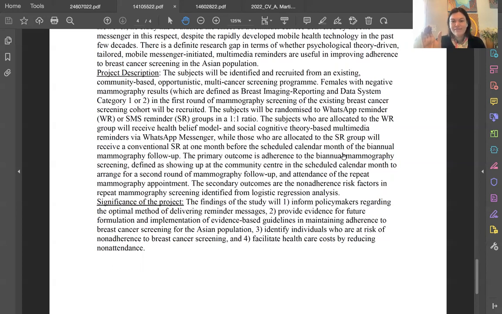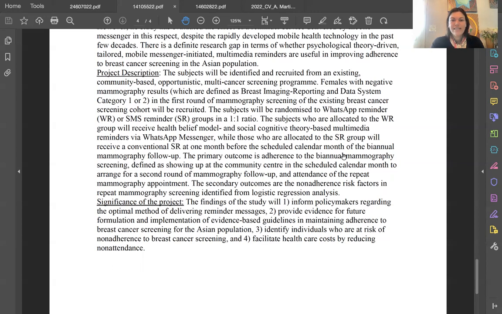The subjects will be randomized to a WhatsApp reminder or SMS reminder, which is just texting, in a 1-to-1 ratio. So now there is no control group. We're just going like, this is our group, and we're going to put you into WhatsApp or text, but nobody ever mentioned text anywhere up until now, right? So you're not actually testing to see whether or not this Western model is effective here. You're skipping a step and going right to, well, now which is better? I don't know. I'm really concerned.